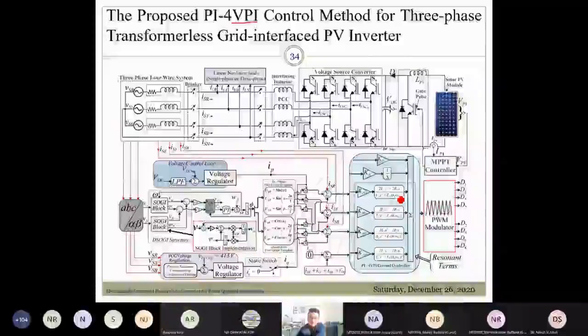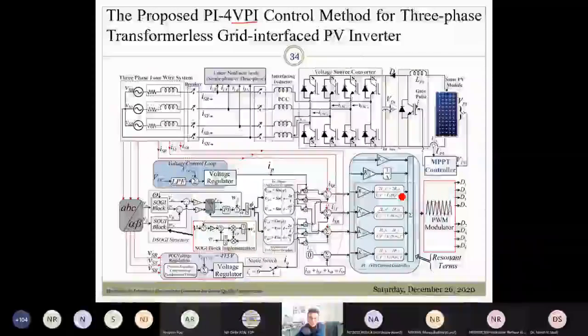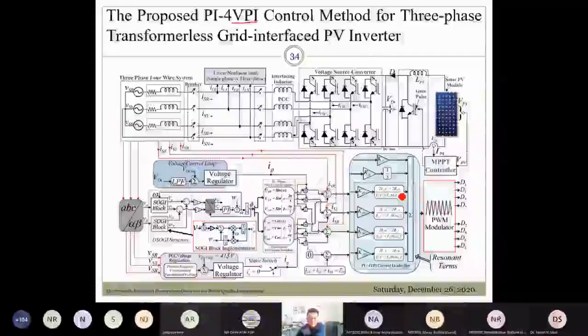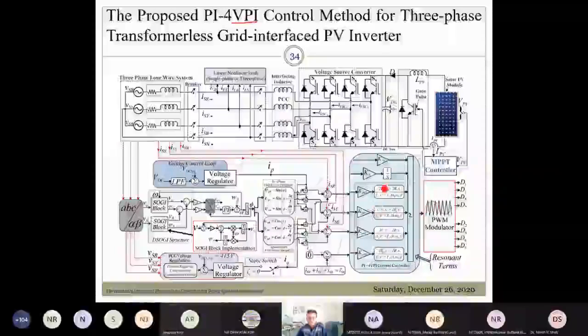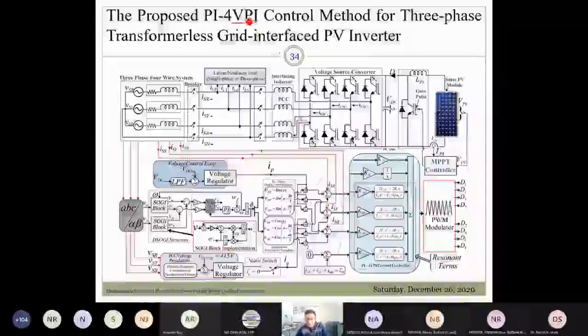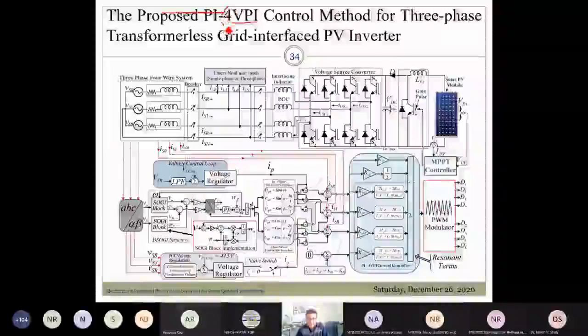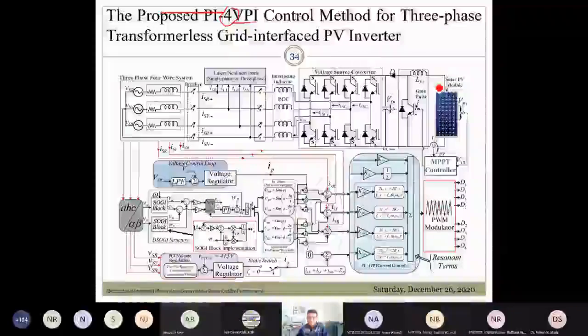You know the fact that even during the unbalanced condition, third order harmonic is the dominant, then subsequently fifth, seventh, and ninth. These are the dominant components present in the reference grid currents. So I have tuned this PI for VPI controller, and that's why it is called a for VPI, because it is tuned at